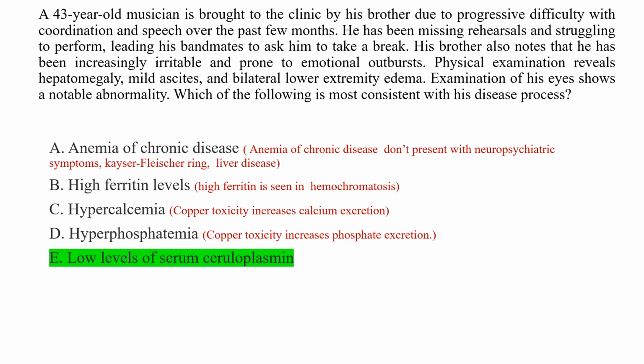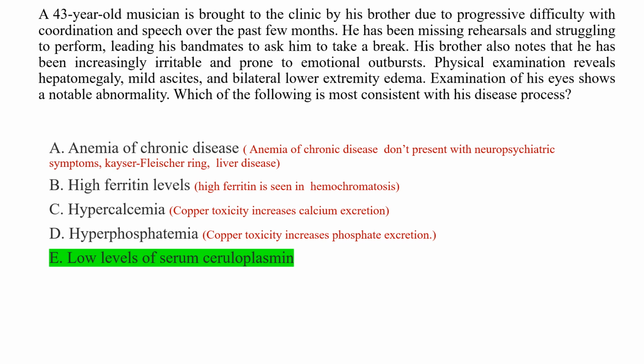Let's have a look at why the other options are incorrect. Option A, anemia of chronic disease, is incorrect because it doesn't explain the patient's neuropsychiatric symptoms like the difficulty speaking and the irritability. And more importantly, the eye finding in this case, which is the Kayser-Fleischer ring, is a hallmark